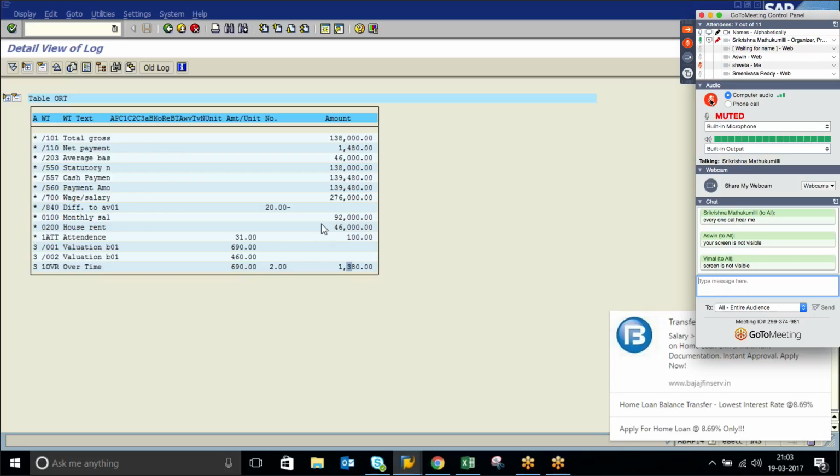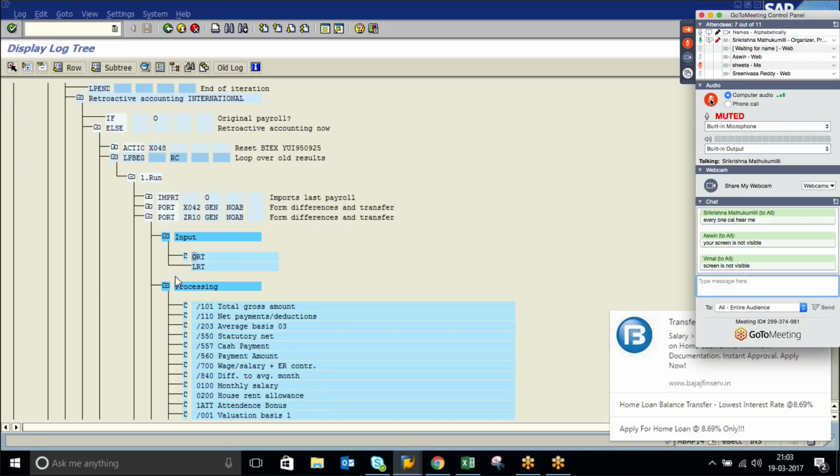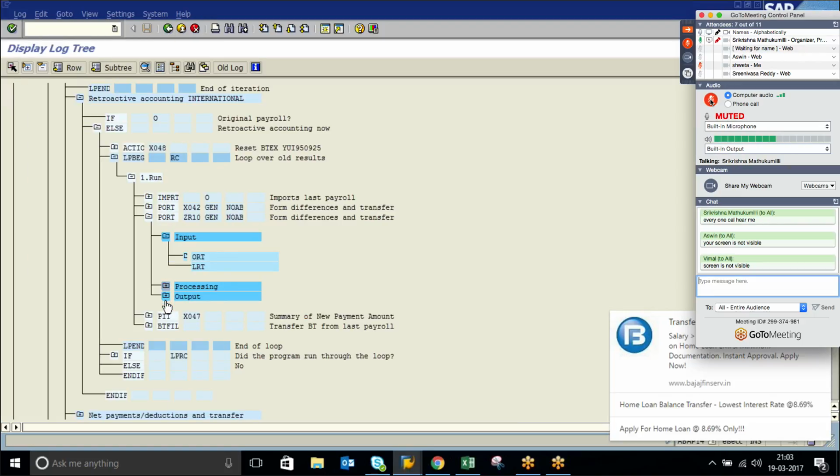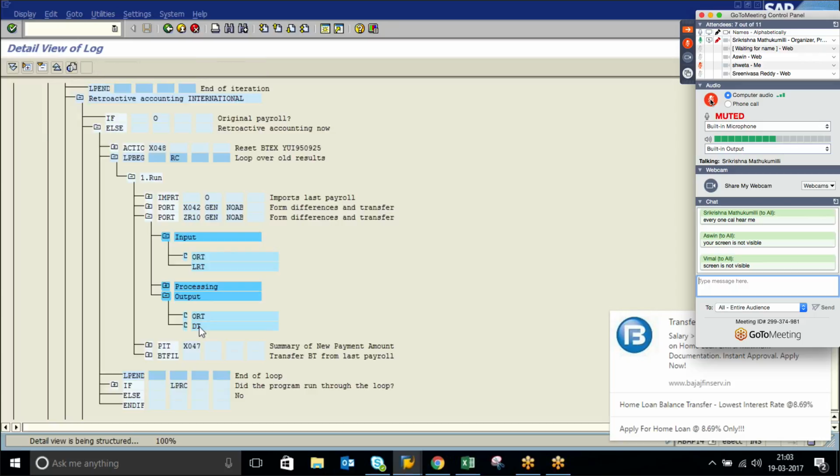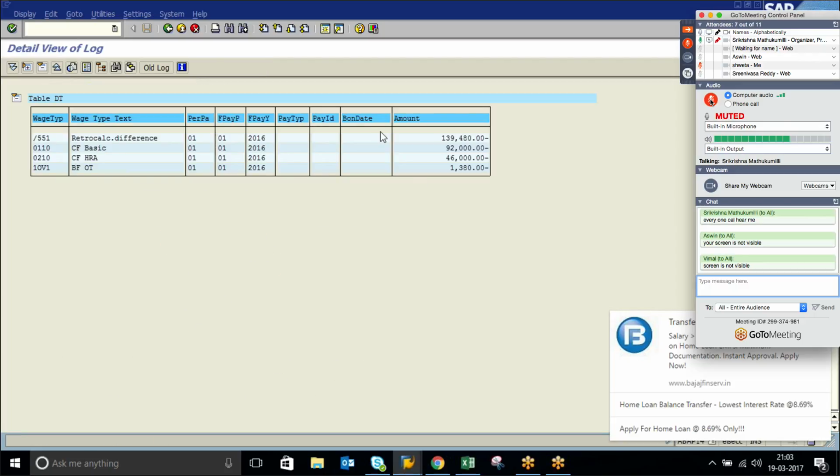So it will take these values and put them in your DT table. You can see all these minus values which are storing. This is the standard /551 which we already captured. These three are generated because of our PCR. This is the first PCR which will capture all these